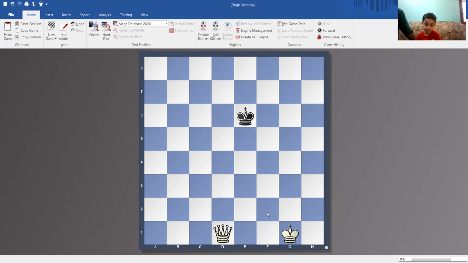So there is a rule in chess called threefold repetition, which means if you keep repeating moves 3 times, it will be a draw. But was there any possibility of checkmate in this case? Was there any possibility? Yes. So I will show that possibility. Now, Hamza, you play black, I will play as white, and then we will see how to checkmate.